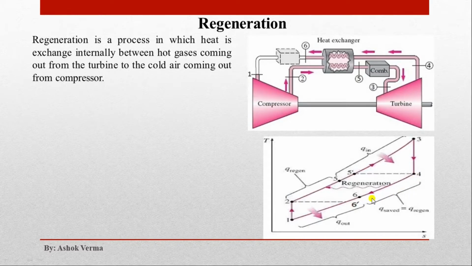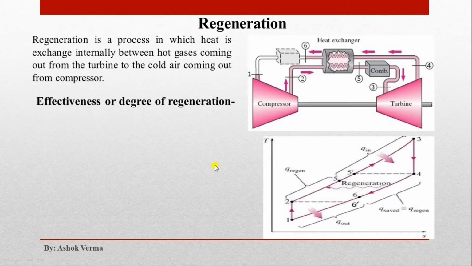If you are using this amount of heat, from 0.4 to 0.6, as a heat supply to the compressed air from 0.2 to 0.5, then you have to supply the heat from 0.5 to 0.3. So you have to supply now less amount of the heat, so your efficiency will increase, since efficiency is the function of W net upon the heat supply. So here you will find with regeneration the decrease in the heat supply. In the regeneration, this rejection heat is utilized for increasing the temperature of this compressed air.